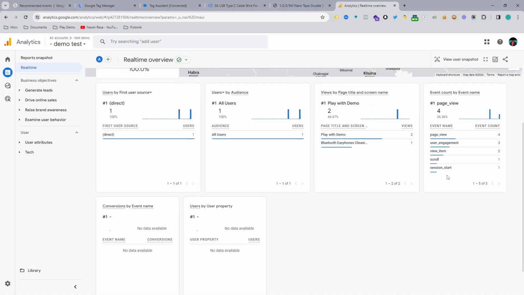In this episode, you are going to learn how to make a Google Analytics add to cart event for a Shopify website